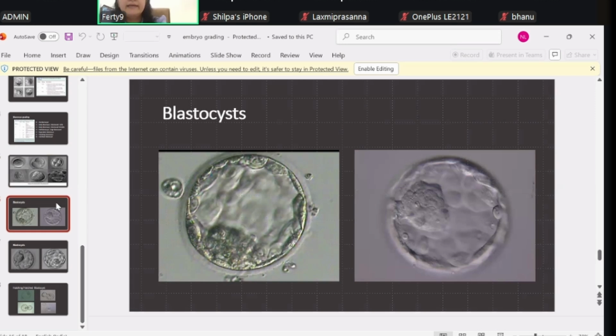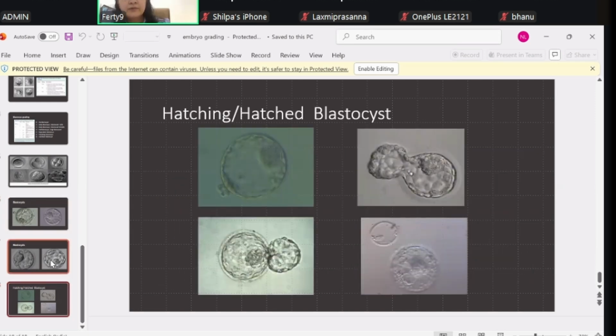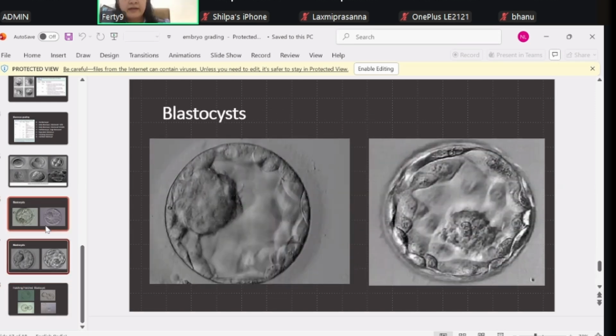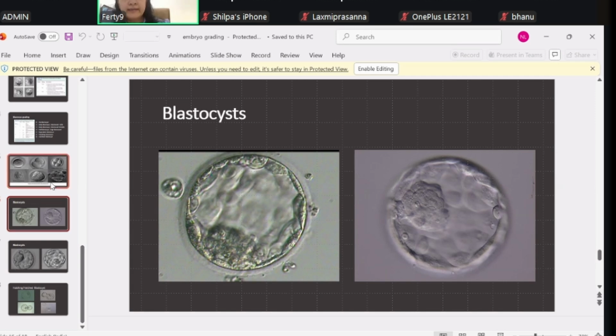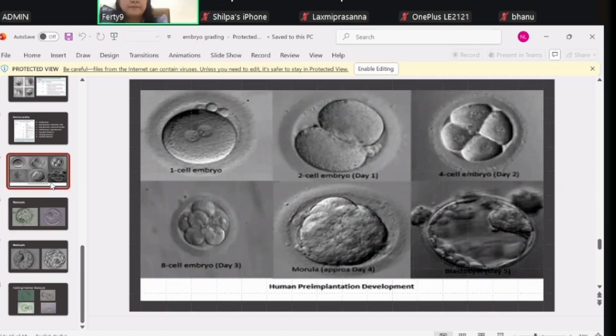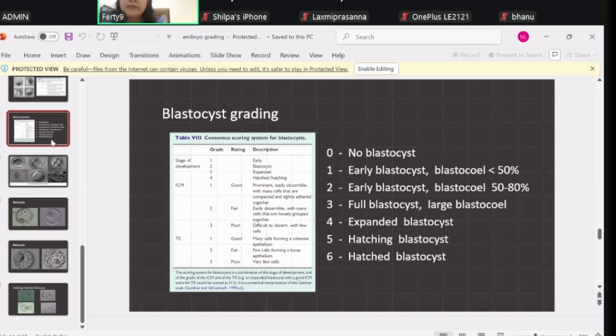For day 3 embryos, however many are formed, they won't be able to tell the success rate. But when it comes to day 5, the success rates are really increased. So preferably day 5 transfers are better over day 3 transfers. Many of the papers also say the same thing about day 5 and day 3, if you happen to study some of the papers.